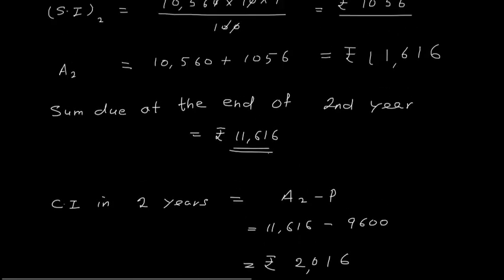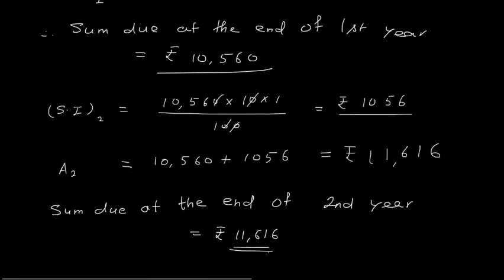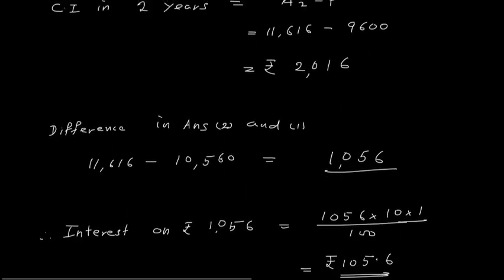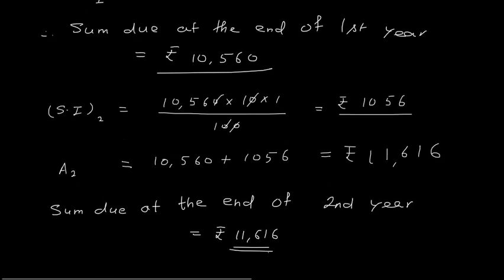where we see simple interest, there is an interest of rupees 1056 which I will already get on this 10,560. On 10,560 how much interest am I getting? 1056. Now the extra amount, this 1056 that we are adding, for the next year I will get interest on this 10,560 plus I will get interest on this 1056. Okay, let me clear you again.